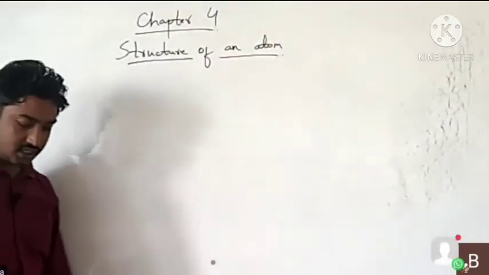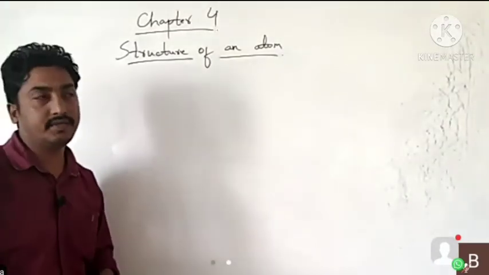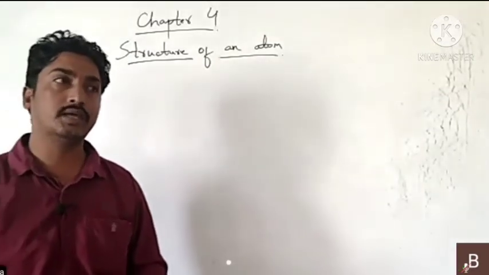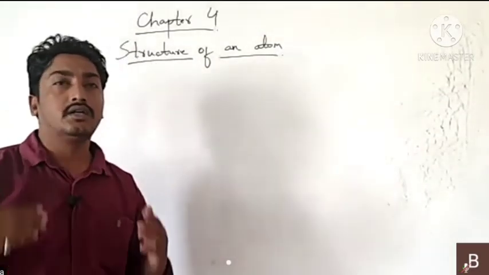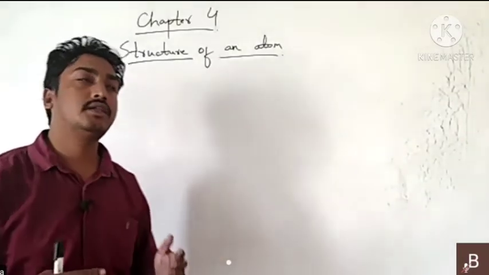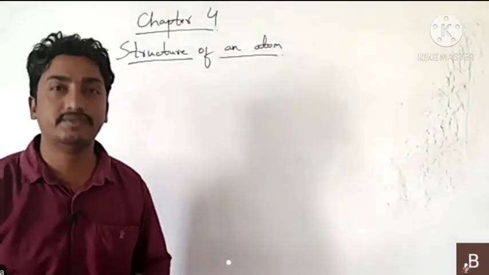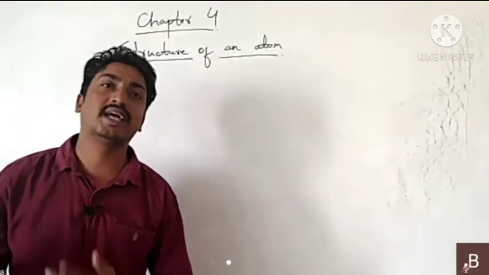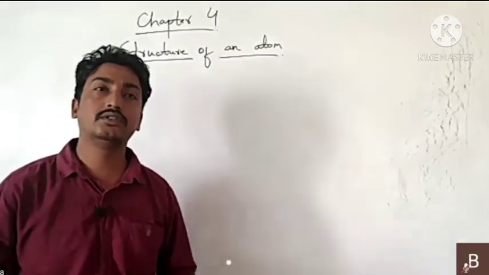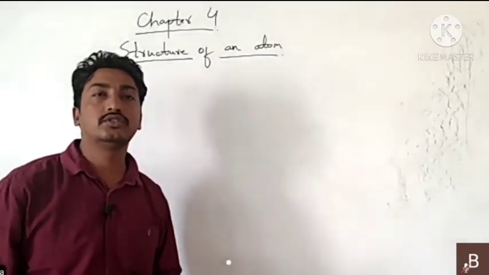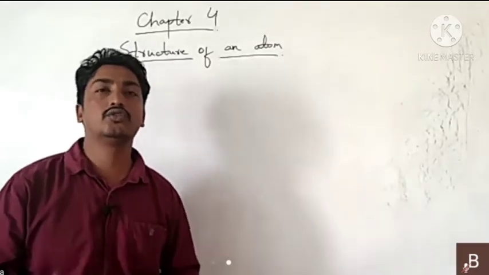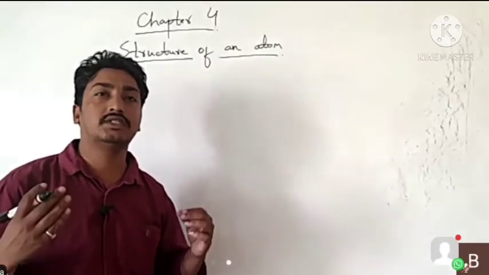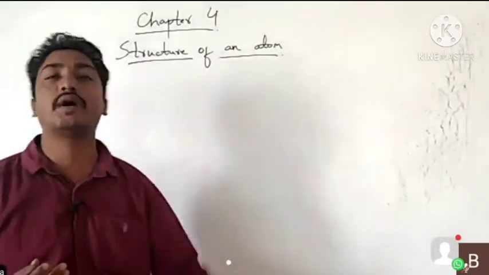So in our previous class we talked about the structure of an atom. That means we talked about Dalton's atomic theory, what he proposed: that atoms are the most individual, or you can say that they are not divisible. Then further in the 19th century various other scientists came like Thomson, then Bose, Rutherford, and slowly they experimented and figured out that every element or every atom has charged particles.